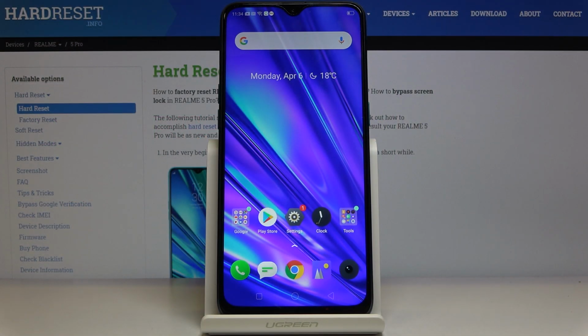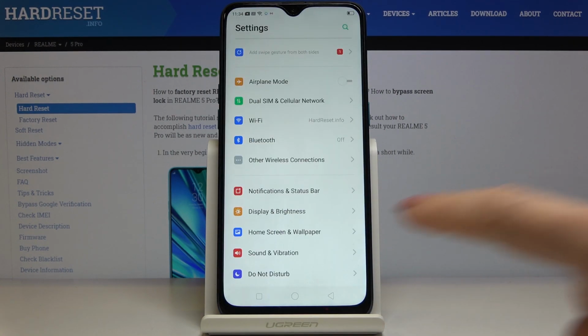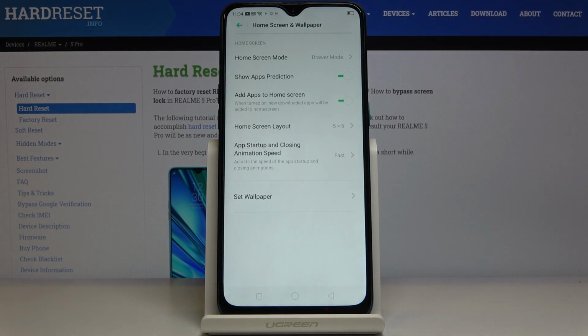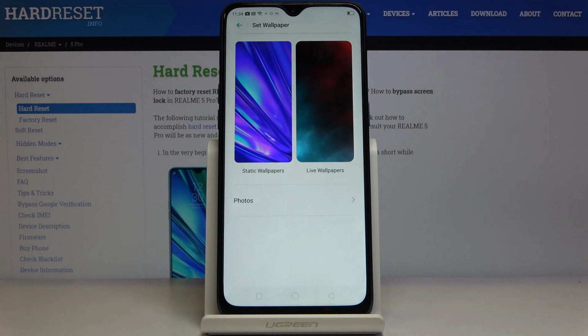Here we've got Realme 5 Pro, and let me show you how to change wallpaper on the following device. So at first you have to open the settings, then scroll down a bit, find and select home screen and wallpaper, and here at the bottom of the list you will notice set wallpaper, so smoothly click here, and now